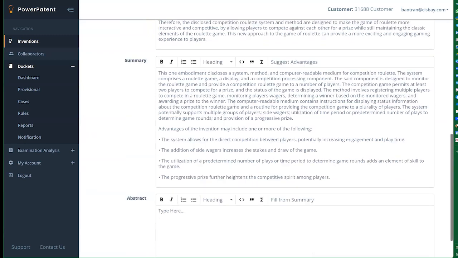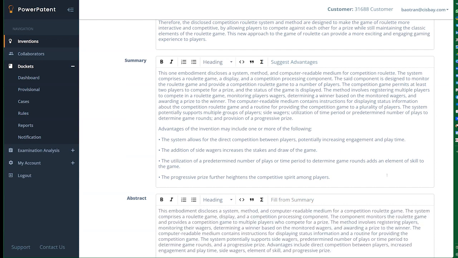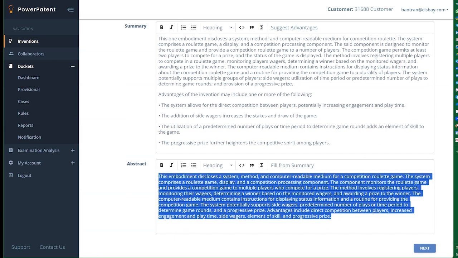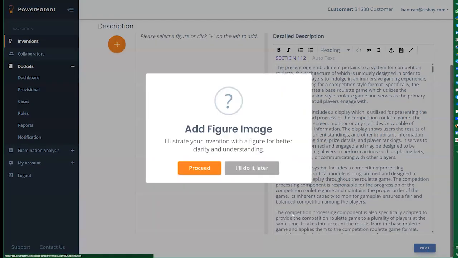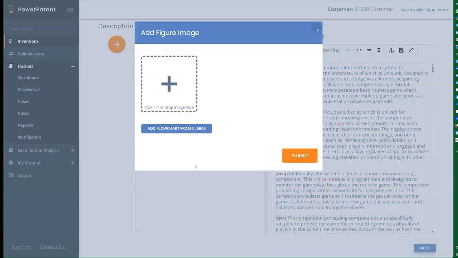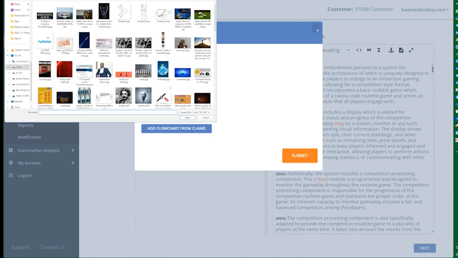Okay. Abstract, typically we just recycle the summary. So we restate the summary as the abstract. You'll see some slight differentiation between the abstract and the first paragraph of the summary, but it's essentially a restatement of the summary. Okay. Then when you click on next, it will ask you to add the image, the figures, because most patents do require figures. So you certainly can add an image,